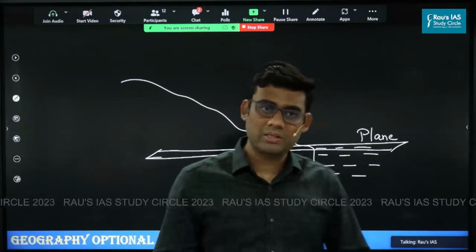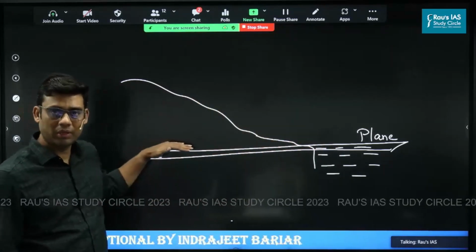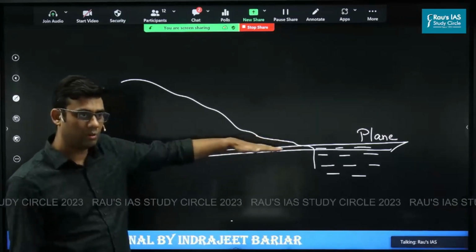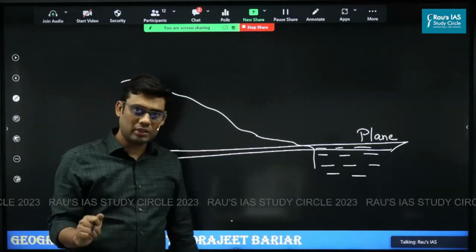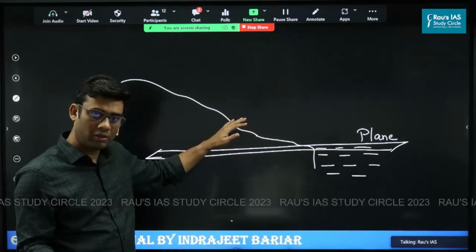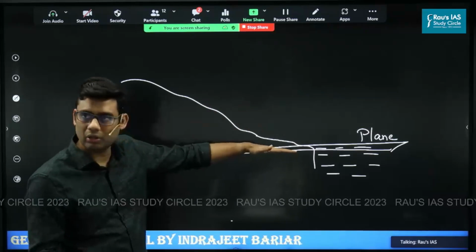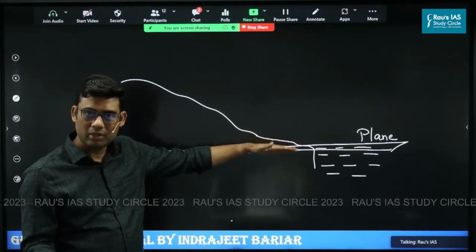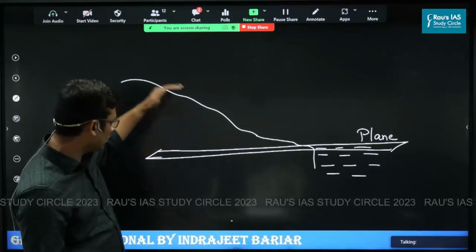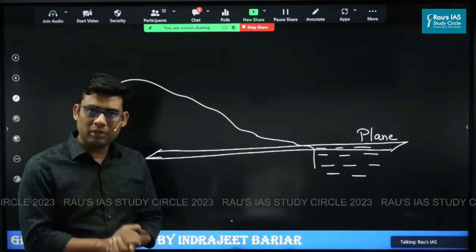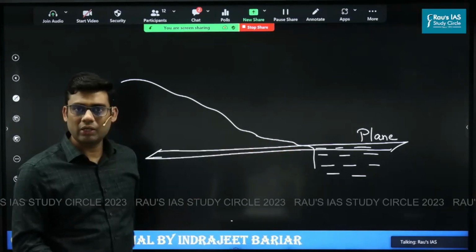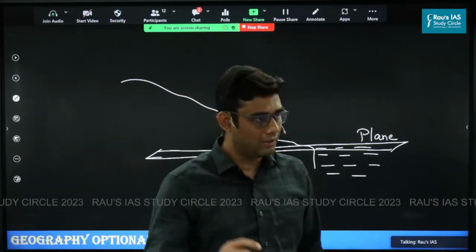That is one argument against. Second, it has been said that even if we assume this to be a plane extending into the continents, with the rivers eroding until the ultimate level is this level, what should be the result? All the continental mass has to be eroded and brought down to this particular level, which later has been envisaged as the idea of the peneplain. A plane which is a result of all the erosion. But the problem is that erosion of all this mass to the level of the sea level